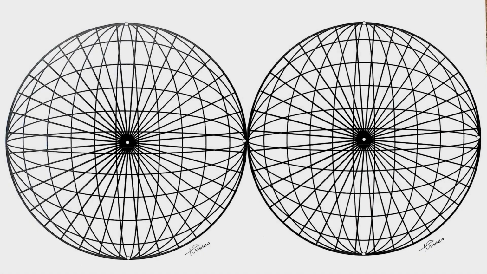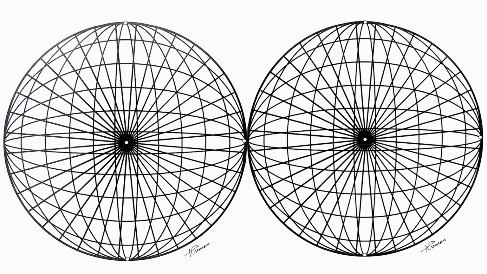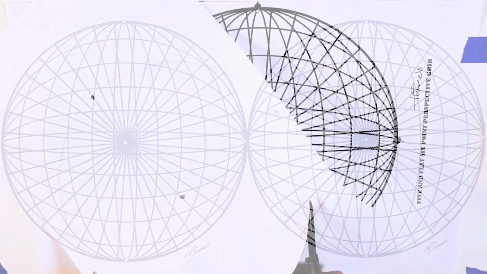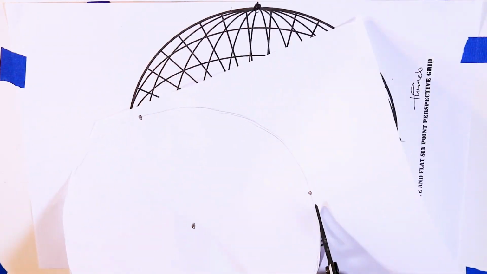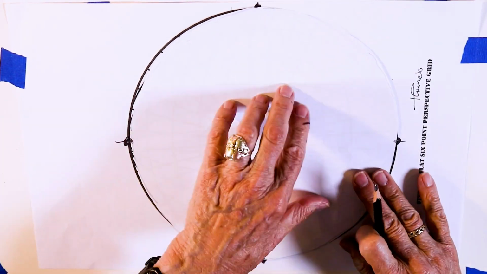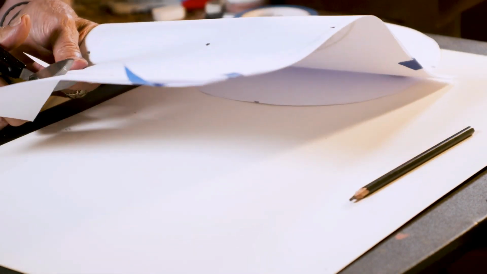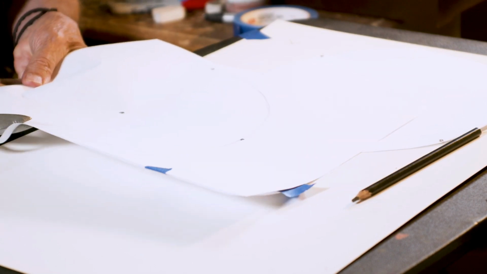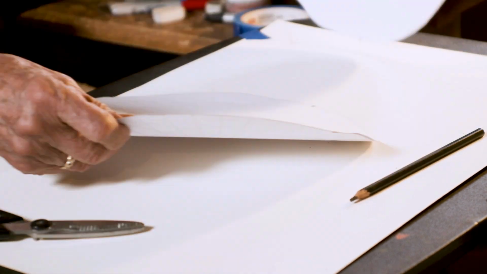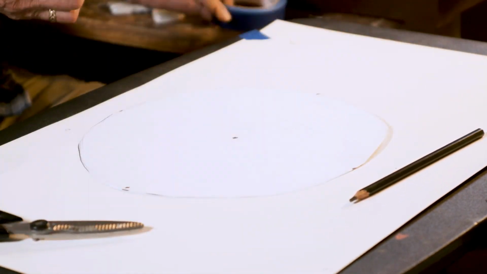So this is the grid for a 6-point perspective. It has 5 different points on it. You can see it's like taking a sphere and just flattening it out. Now what we're going to be doing is using that grid, and I've cut out the paper around it to start with. And then all the lines, you can see there are straight lines in this. They're the ones aiming toward that center point. Otherwise, you pick up on the curved lines.